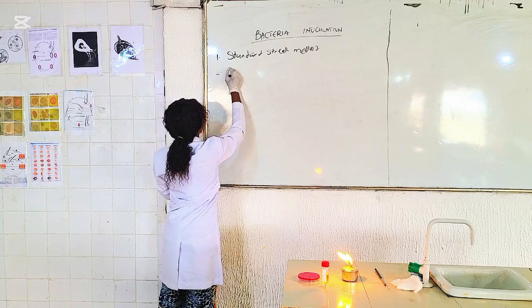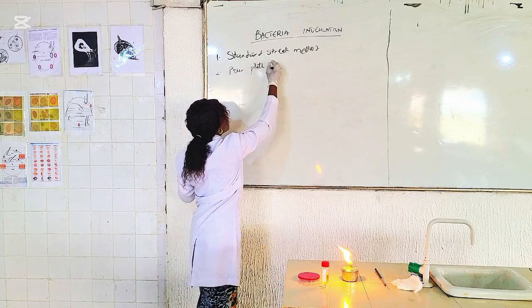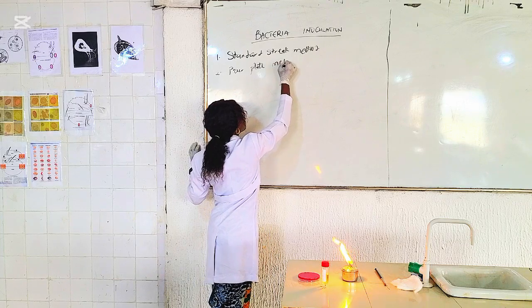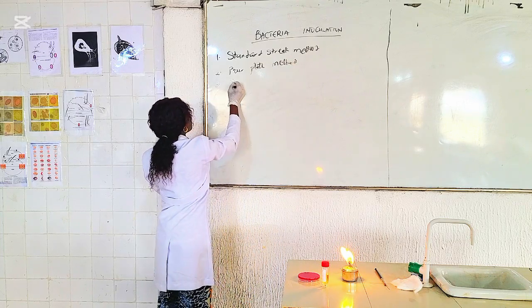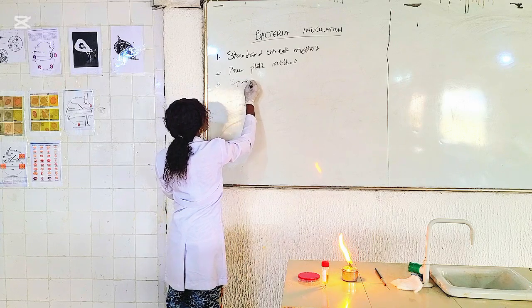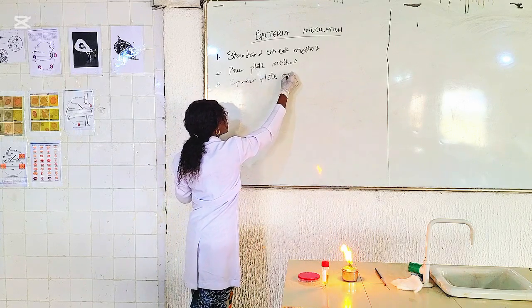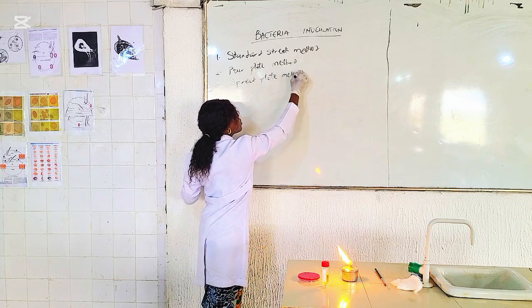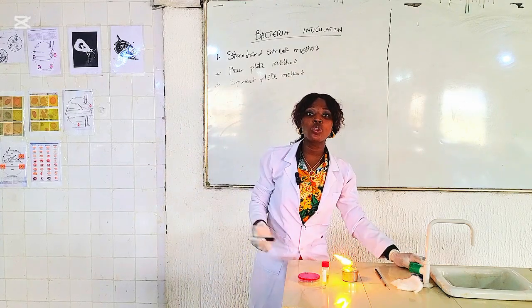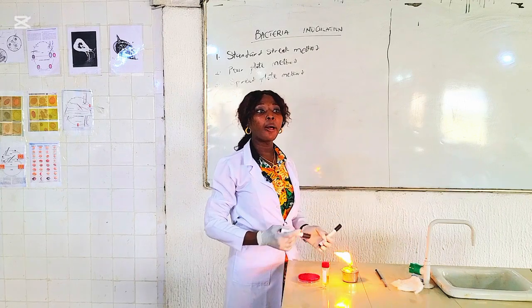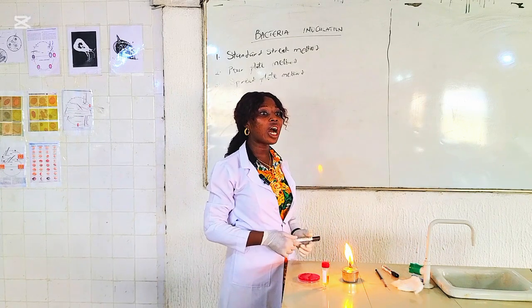Also, we have the pour plate method, and you can also use the spread plate method. So these are just some of the methods that we can use to inoculate our petri dish culture media with our